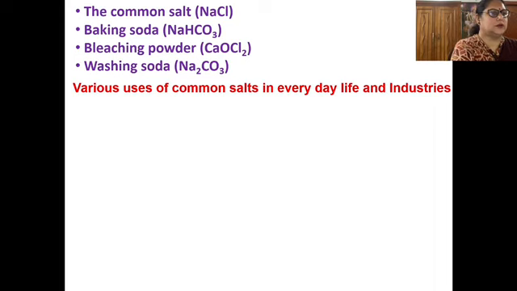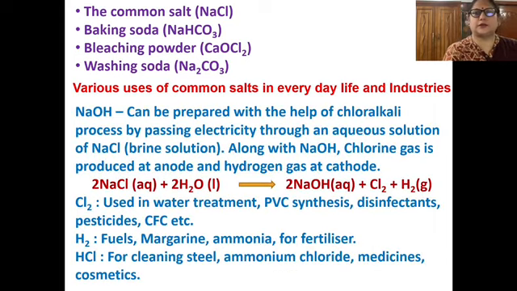So first one we consider sodium hydroxide. Sodium hydroxide is a base, and it is a very important chemical in our laboratory. Sodium hydroxide can be prepared with the help of the chloralkali process by passing electricity through an aqueous solution of sodium chloride, which is also known as brine solution. And after electrolysis, sodium hydroxide will form along with chlorine gas. It is produced at the anode and